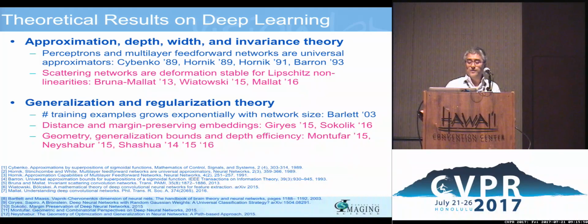Okay? So this has indeed been investigated recently, and we will see today some results from Raja on the fact that if you've got networks with random weights, there is a notion of Gaussian width that allows you to capture properties of the network. It allows you to tell things such as: for data from different classes, the distance between data points gets preserved, but for data from the same class, the distance gets shrunk.